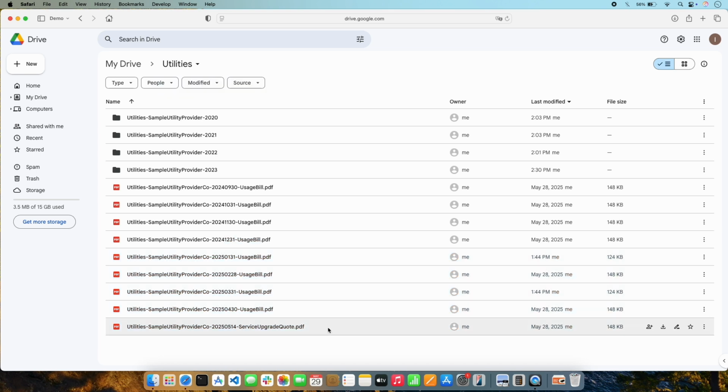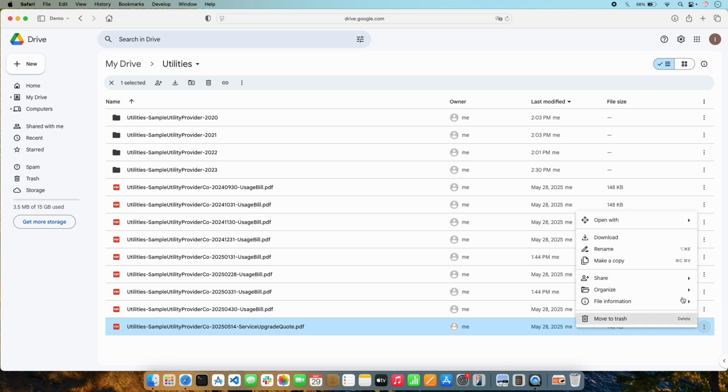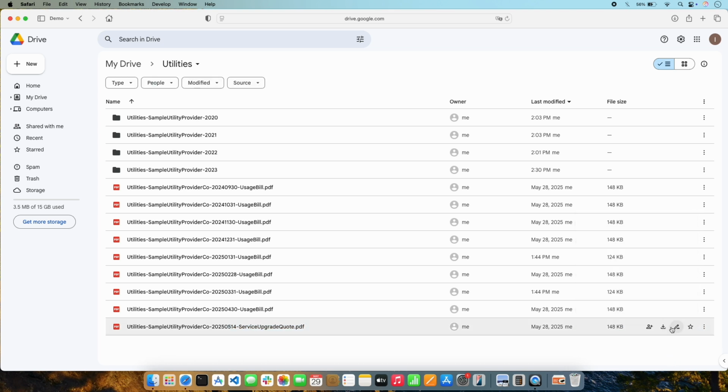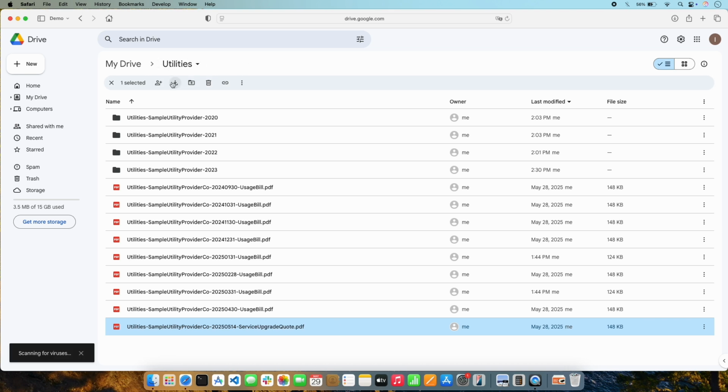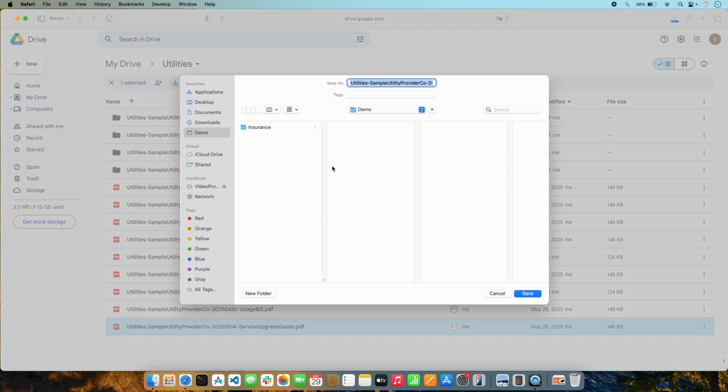A single file can be selected for download by clicking on it. There are then 3 ways to start the download. First, the download item can be clicked from the submenu in the Files row, or the download button in the row can be used. Also, anytime one or more files and folders are selected in Google Drive, a download button will appear near the top of the page. Pressing the button opens a selection box, so a file name and storage destination can be chosen for the download.